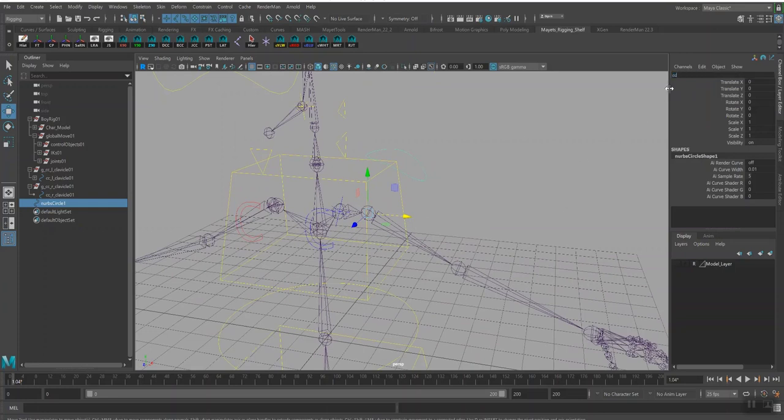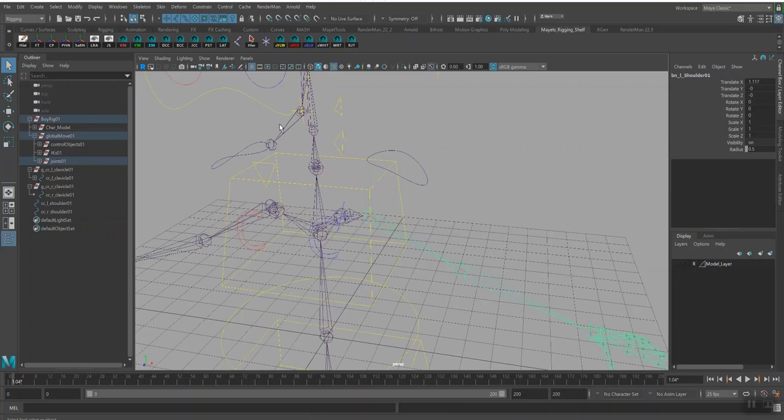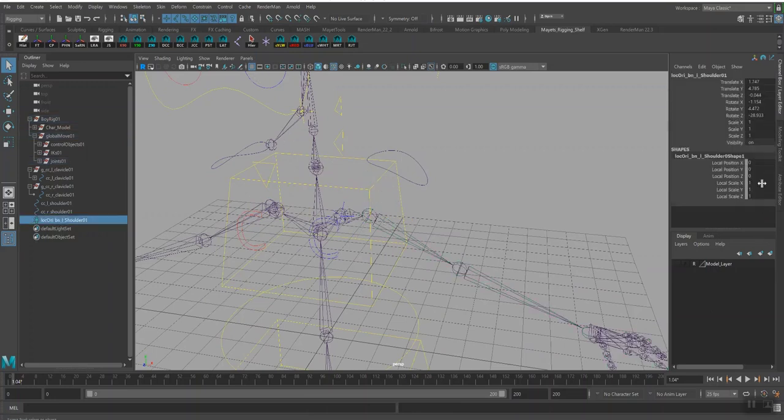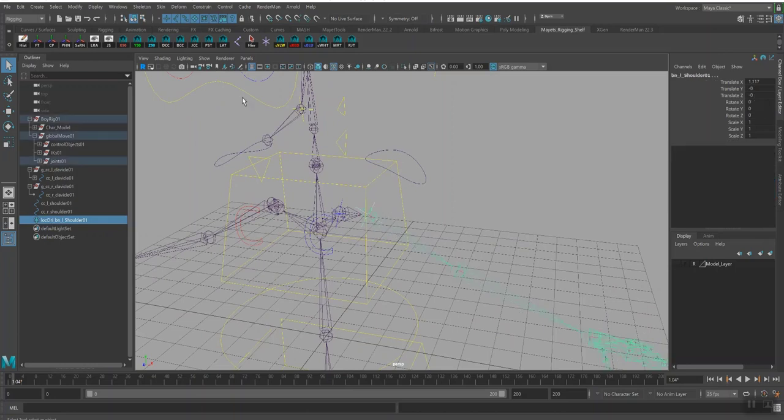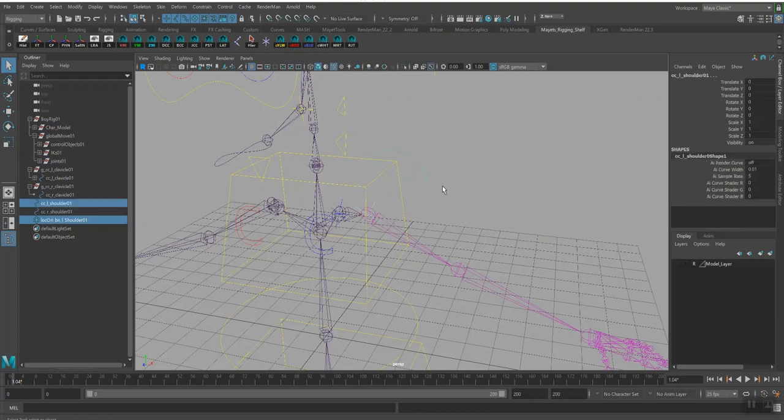So let's name it CC_L_shoulder_01. I'm going to mirror it and then rename it. Okay, so now I am going to use my LAT MEL script, set 0.5 in my local scale. And I'm going to orient constrain my locator to my joint, and then parent the